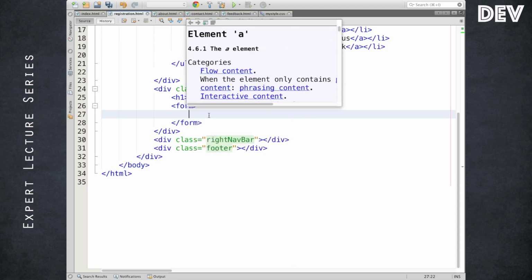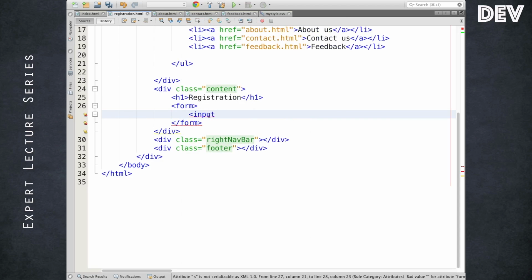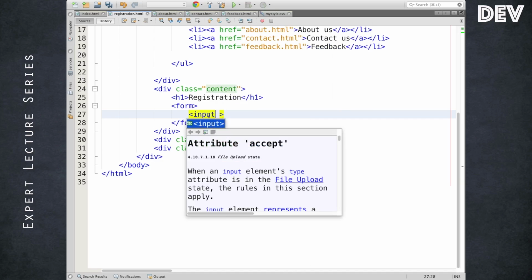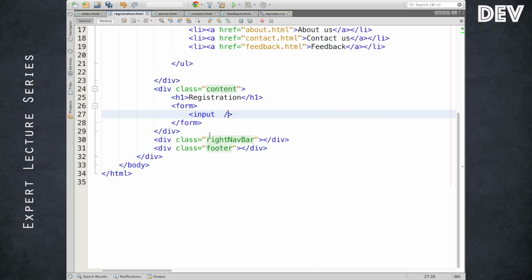So let me put an input element. Looks like this is also a semantic one. HTML5 does not demand the input element to be closed, but if you are using older HTML, you have to close it in this way. That is not a big complaint. An input element or input tag requires, at minimum, a type attribute to be specified. Remember, these things are attributes of a tag.